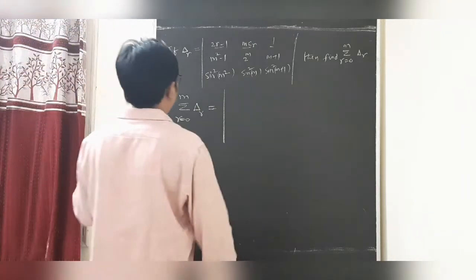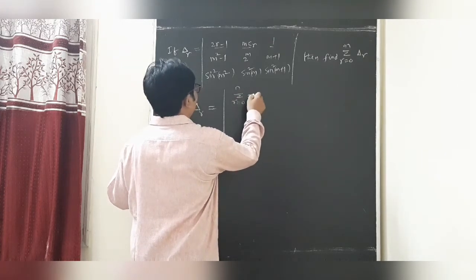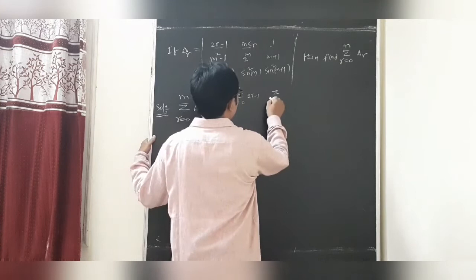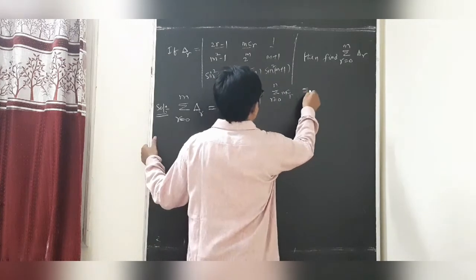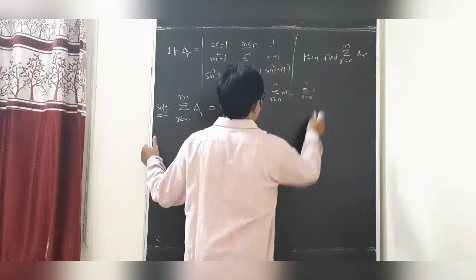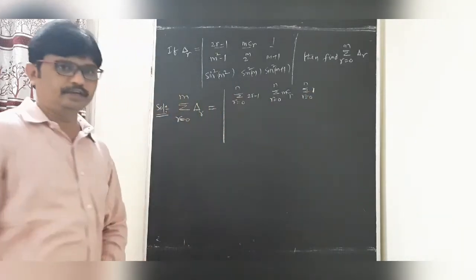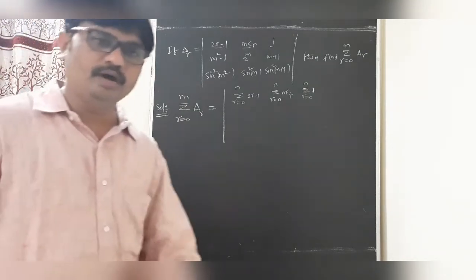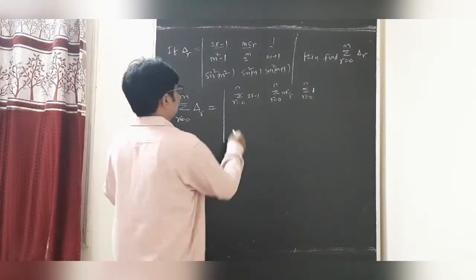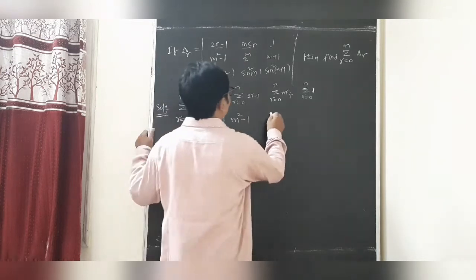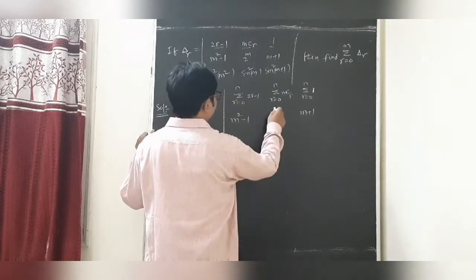So students, now we can apply sigma r equal to 0 to n, 2r minus 1. Sigma r equal to 0 to n MCr. Sigma r equal to 0 to n 1. This is clear students. Sigma r equal to 0 to n 2r minus 1. Sigma r equal to 0 to n MCr. Sigma r equal to 0 to n 1. This is what? Next. M square minus 1. This is 2 power n. This is m plus 1.